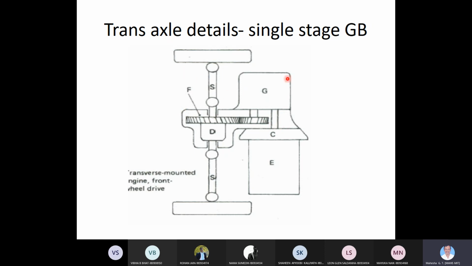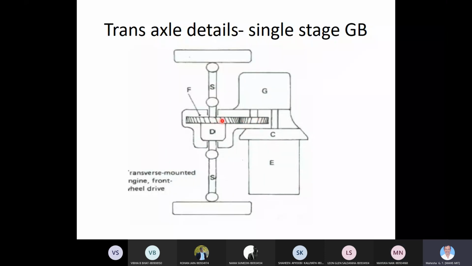And then of course you need to explain the engine. Then the clutch, the type of clutch, you can tell briefly about. Then the type of gearbox provided, the number of speeds, and all that you can also briefly tell. Then the final drive. Am I audible clearly? Yes, sir.